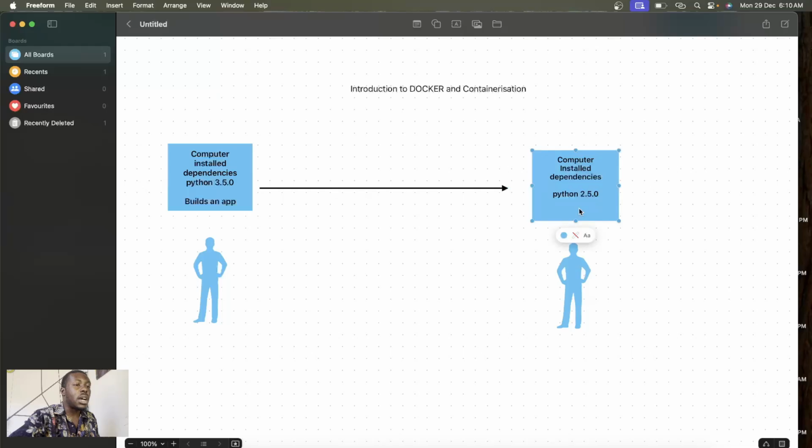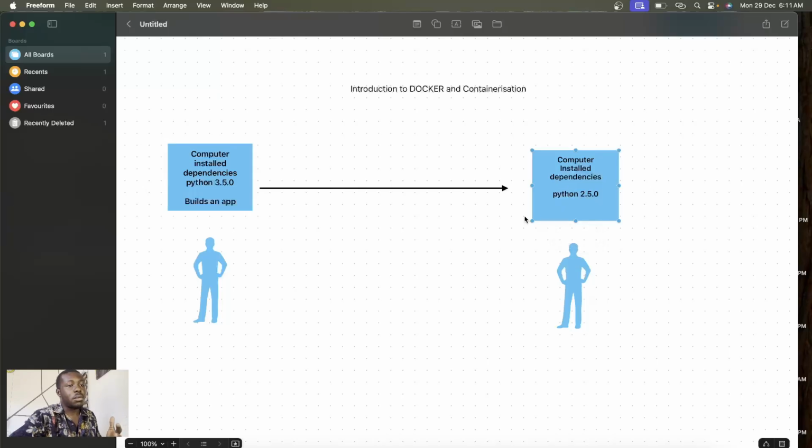Now it may not work properly on this developer's computer because they have dependency mismatch, right? Perhaps this application relies solely on version 3.5 and this developer is having version 2.5, so it's definitely going to break on this developer's computer.